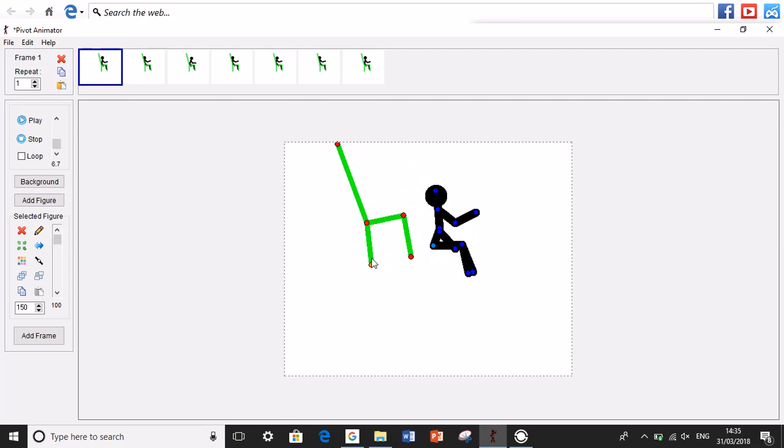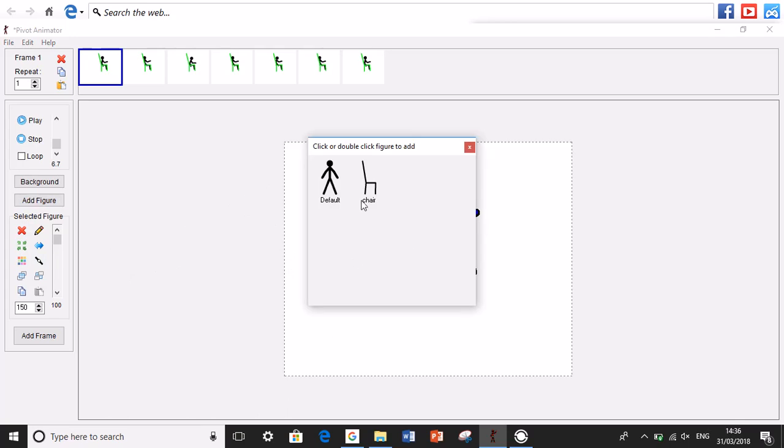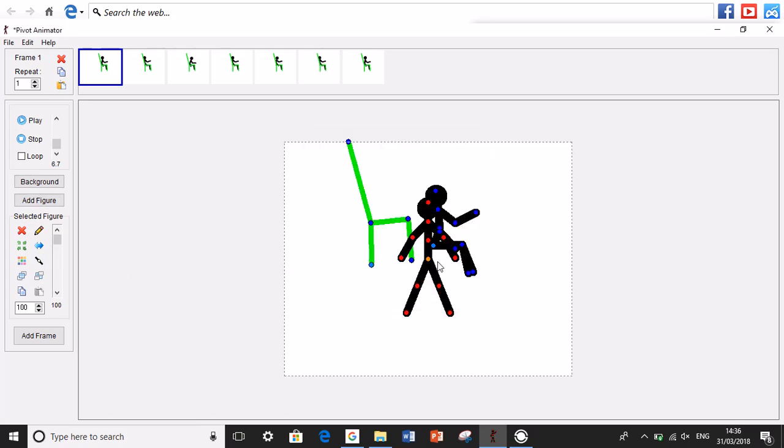If you don't move a center point, you can see that the center point is always fixed and it doesn't move. Top tips: you have to remember, if you want another figure to come on, like if you want a stick man to walk on, it can't just appear out of thin air, because that wouldn't be realistic. You can maybe make a figure come out here and slowly walk on,